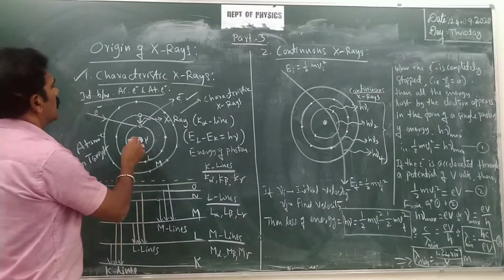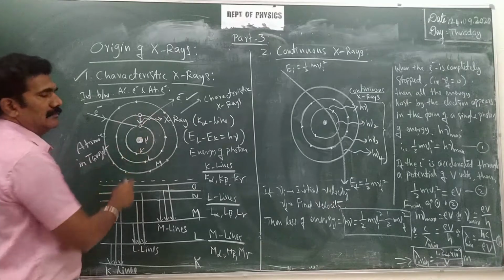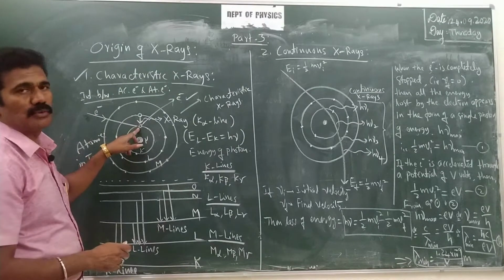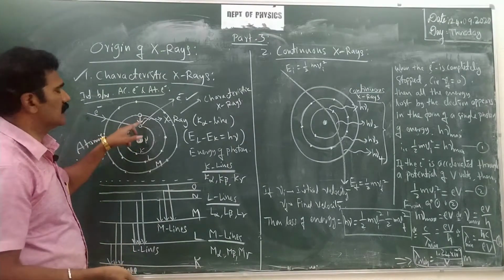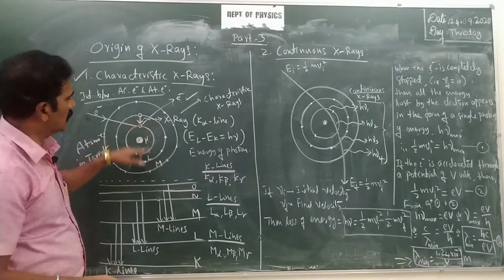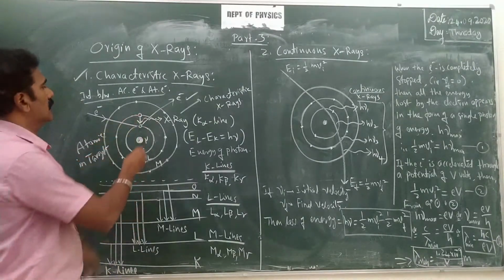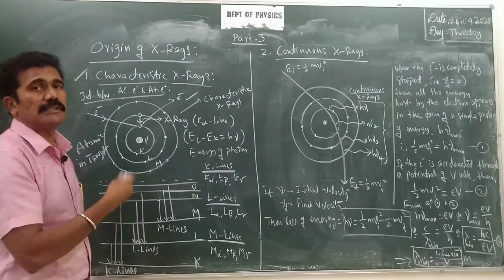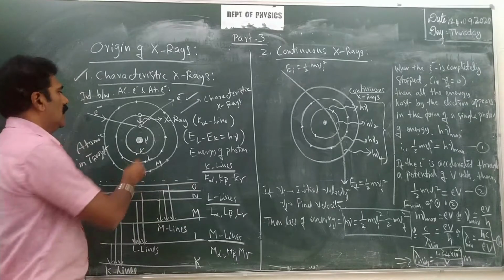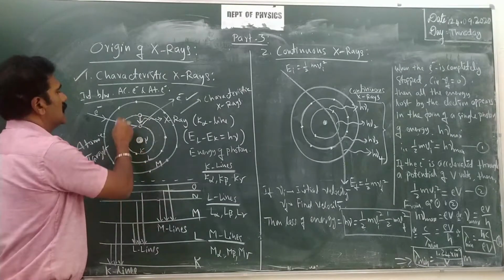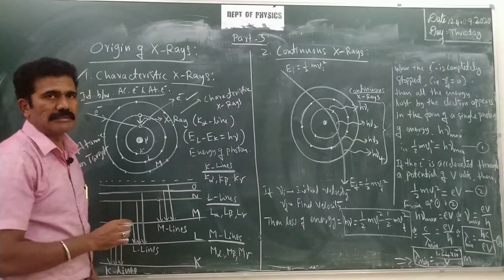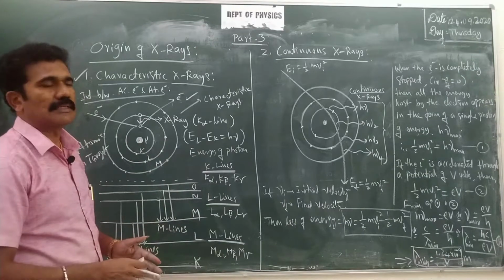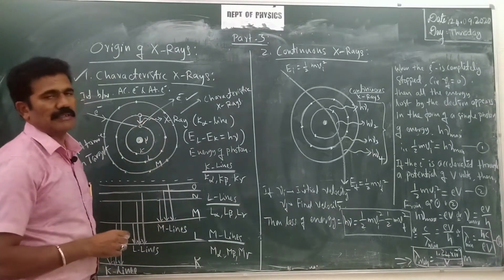Immediately the electron present in the L shell, whatever energy was lost by the knocked-out electron due to the transmission, is going to occupy that vacancy by losing energy. It is not just by undergoing a downward transition. The electron initially present in the L shell has high energy. That energy is going to be lost, and then, losing this energy, it comes back to the K shell.